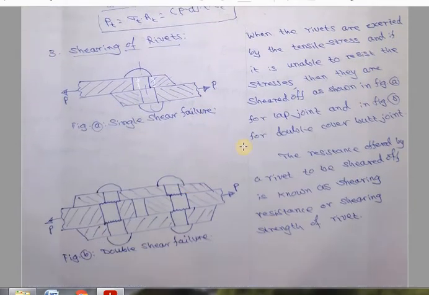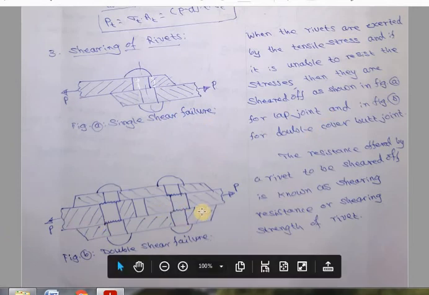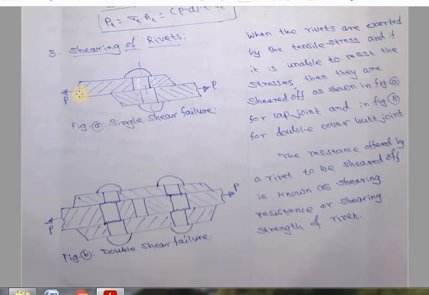Then we go for shearing of the rivets. Now the plate failures have been taken care of. The plate does not fail across the edge as well as across the row. So that is the next failure. A rivet can fail along the plate. So now you can see here, when the force applied is like this, this is a riveted joint which is formed. This rivet is going to move in this direction, and this rivet is going to move in this direction. The applied force is going to be quite large, therefore it is going to shear off at the junction of the two plates. So this is what we call a single shear failure.